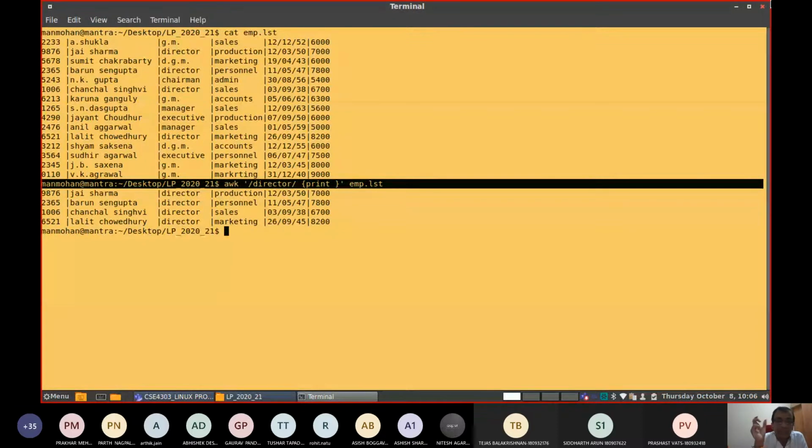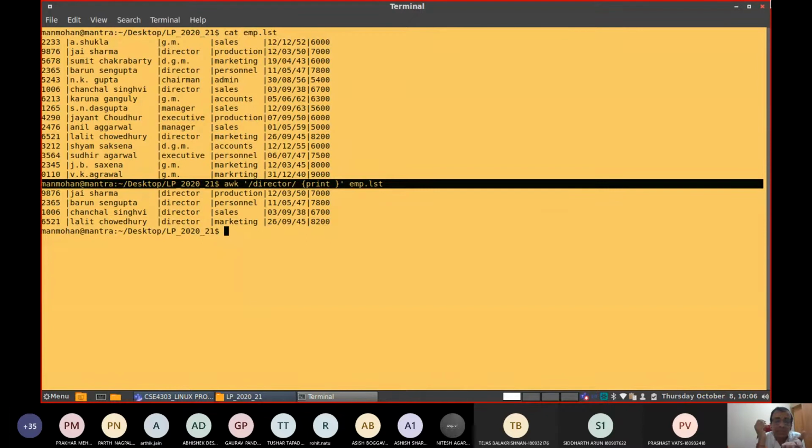Then within the quotes, look into that very carefully. Within the quote, there is a selection criteria. Selection criteria is director, from the text file. And if that criteria finds a match, what to do? That is given inside the curly bracket: print.